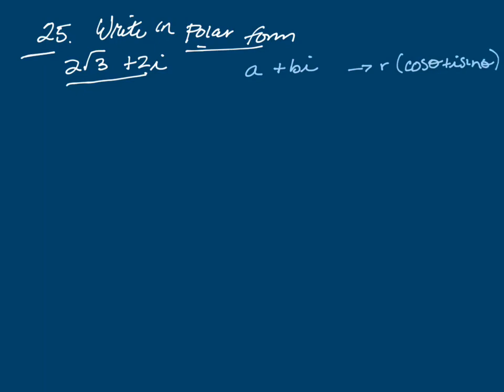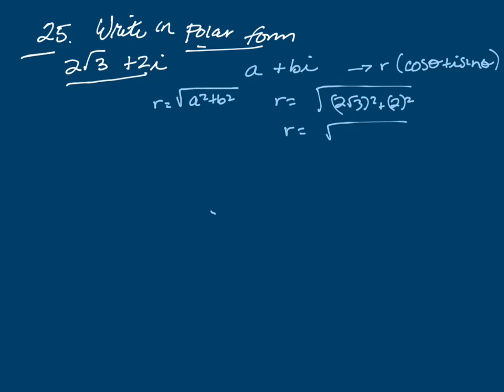Okay, and so r is the square root of, in this case, a squared plus b squared. So r is going to be the square root of 2 times the square root of 3 squared plus 2 squared, and you leave off the i because it's just b squared. R becomes 4 times 3, or 12, plus 4, which is the square root of 16, which is equal to 4. Now you can see right now that the answer must be A, but I don't want you to stop there